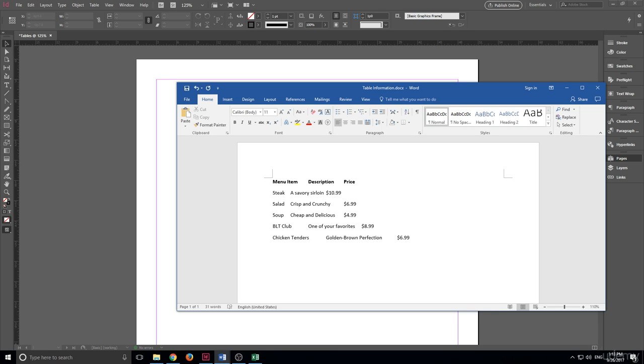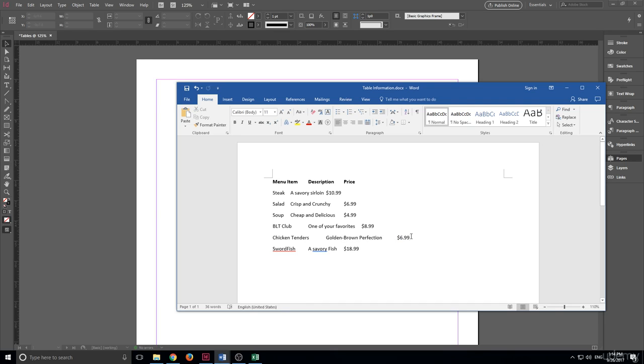Let's think of another food. What would be good? Let's go with swordfish. So we have a swordfish meal. Now I click the tab key once, and now I can describe it, a savory fish. And then I can tab again, and now I can list the price right here. I think this is usually expensive, so we'll go with $18.99, like so. And now if I save this information, all I did was add a tab here,